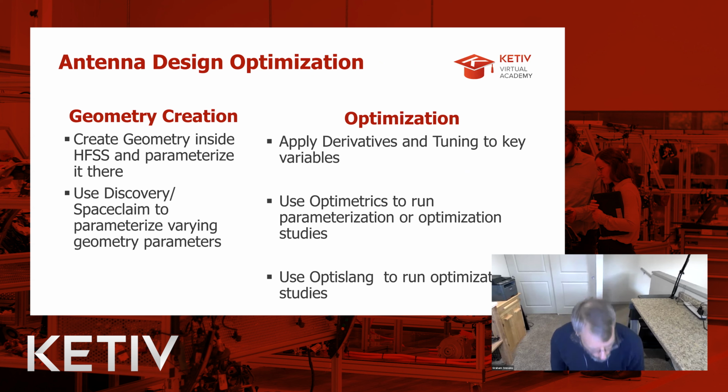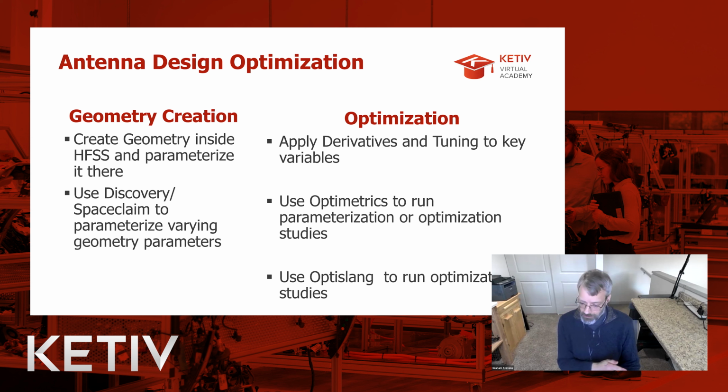And then part of the whole purpose of doing simulation is to optimize the design in the computer before we even produce the part in the first place. And within the Ansys universe, there are a number of different ways to do that. On the geometry creation side, you typically would create the geometry inside HFSS using primitive Boolean operations, and then name parameters there. That's generally the easiest and fastest way to do parameterization in AEDT and HFSS. You can also use Discovery or SpaceClaim to parameterize varying geometry parameters, and then change those things either in Workbench or in AEDT,